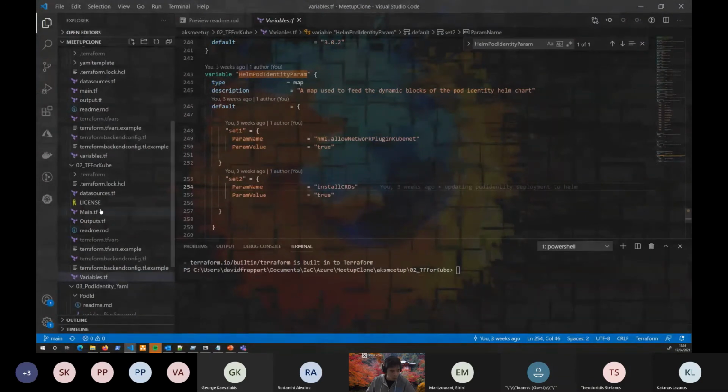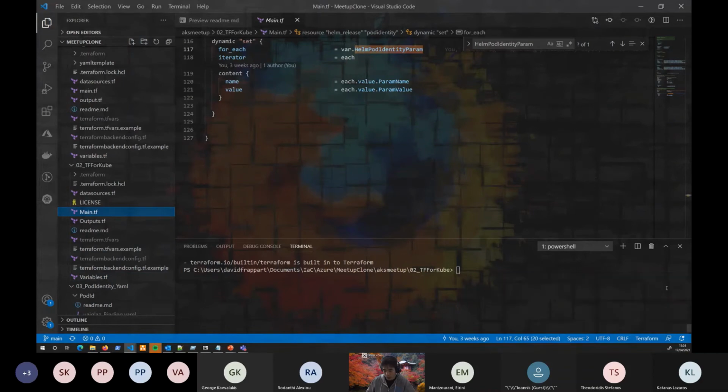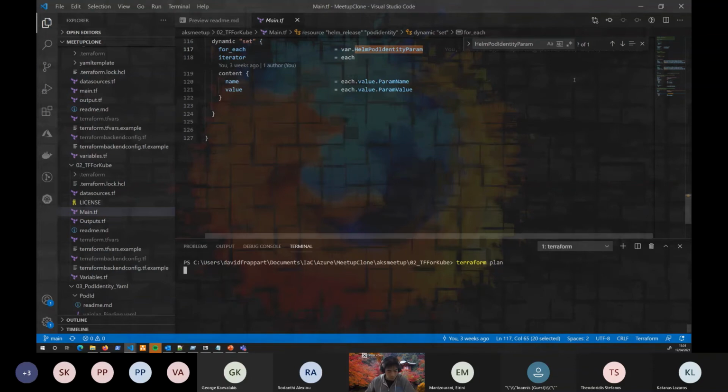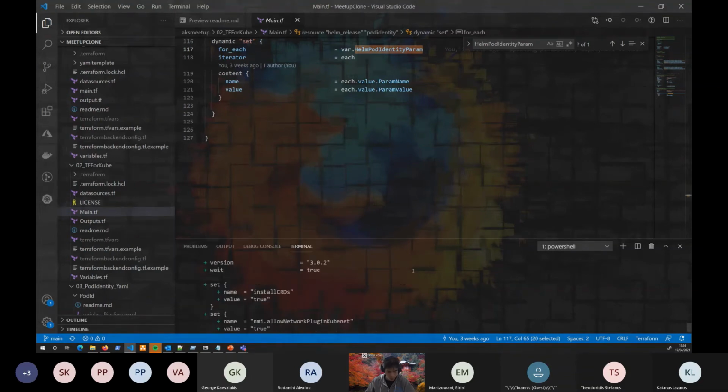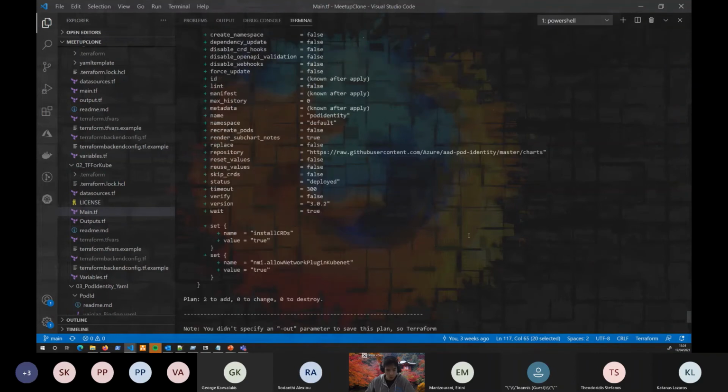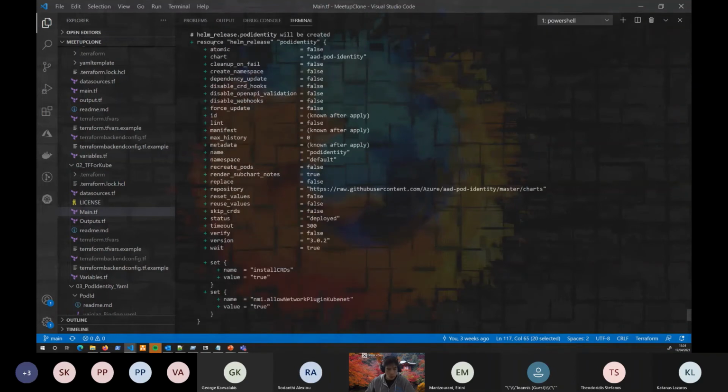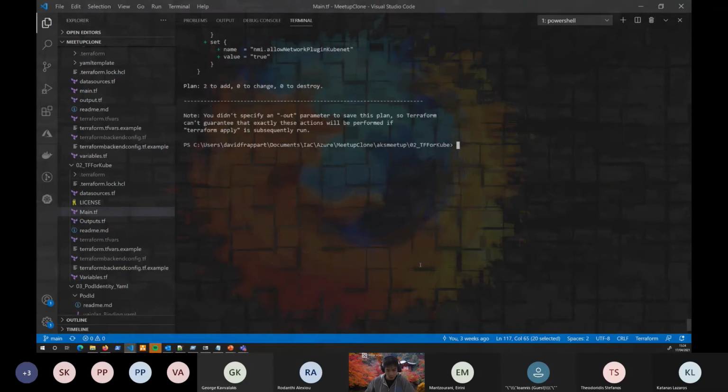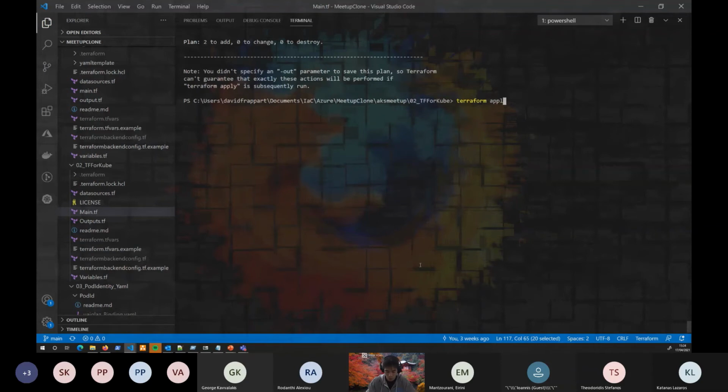Let's focus and go back now to our main. So this is what I will do now. Let's just do that. It will take a few seconds to load that, and then once the installation is complete, we'll apply and get our installation. Okay, so we have two things to add because I also have another thing that I want to install, but the main one that we want to care about is the pod identity. So you can see you have a few configurations coming by. Let's apply that and just look for the result.